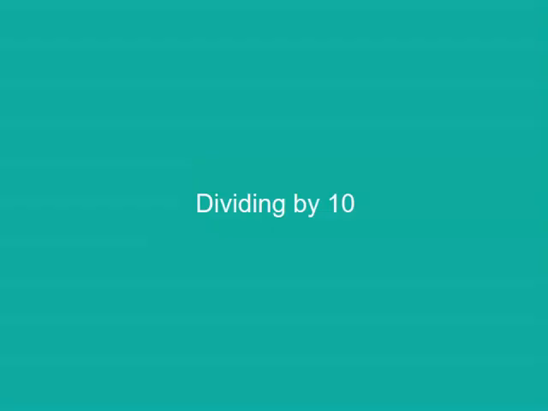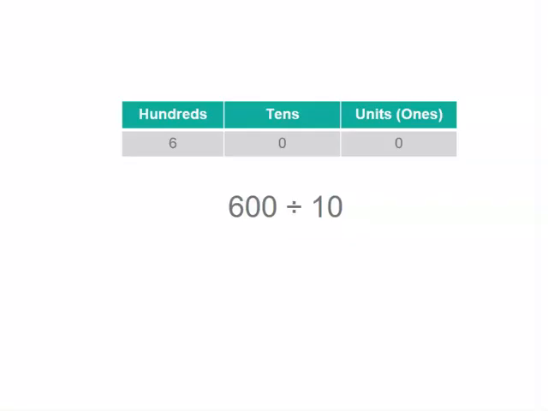When we divide by 10, we do something similar, but remember with dividing, we're making our numbers smaller, so we're not going to move to the left, we're going to move to the right in our place value columns. 600 divided by 10, we're going to go one column to the right, so we're going to have 6 tens